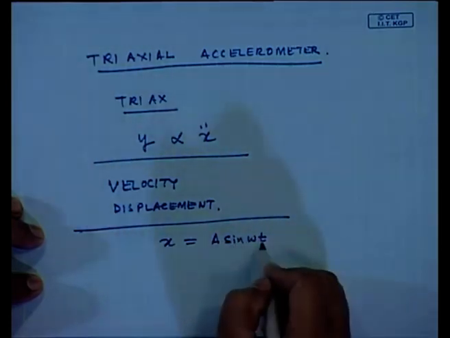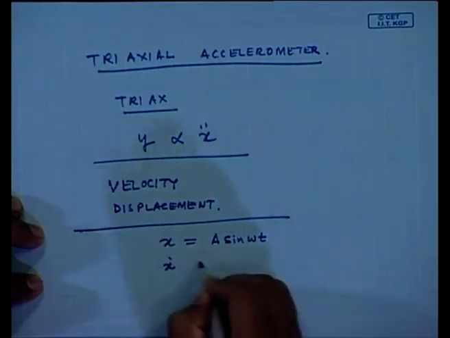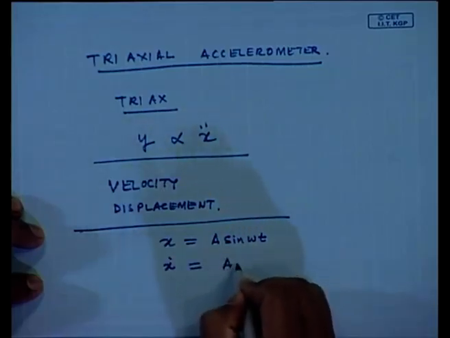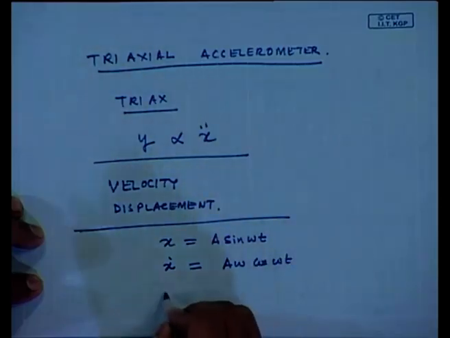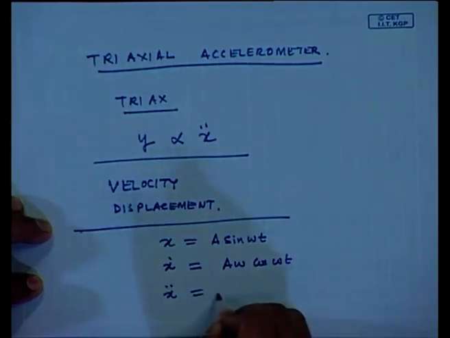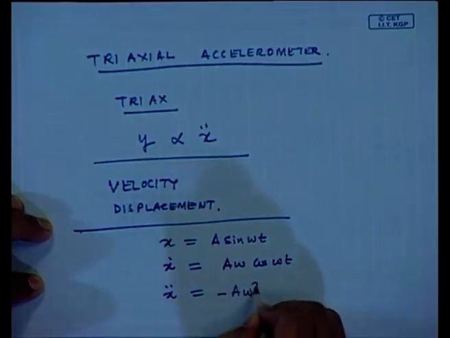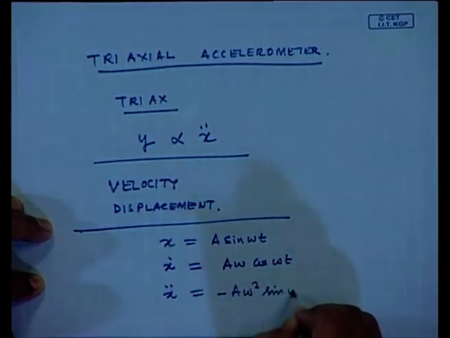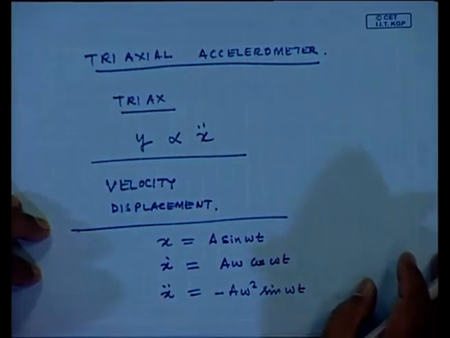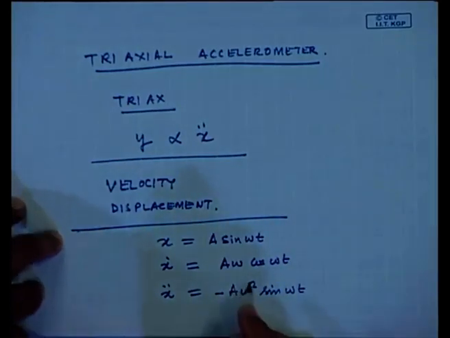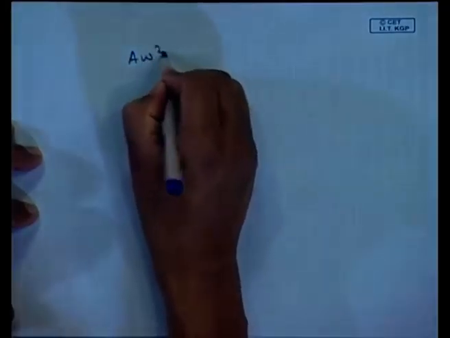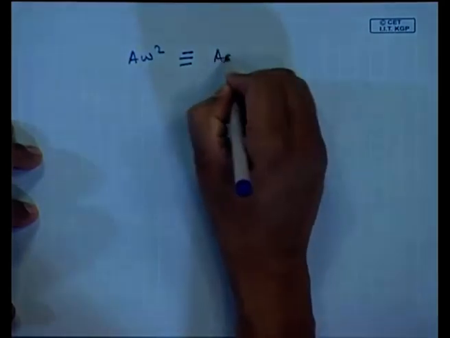This is the expression for the displacement. So, x dot is the velocity, which is nothing but a omega cosine omega t, and x double dot, the acceleration, will be minus a omega square sin omega t. So, if I am measuring the acceleration amplitude, I know my a omega square is nothing but the